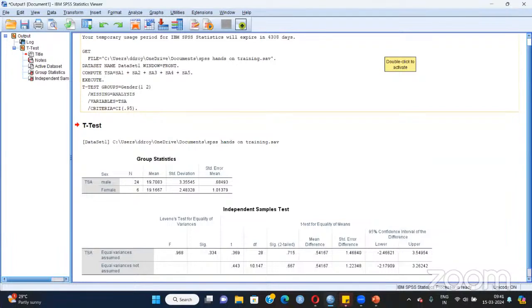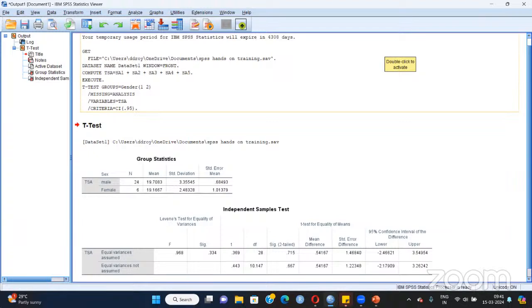And the standard deviation is high in case of the male. That means within group variability is high. It is 3.35, but in case of the female, it is 2.48. That means within group variability is less among the female, but Sir,